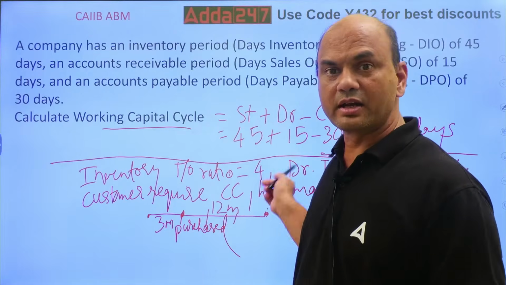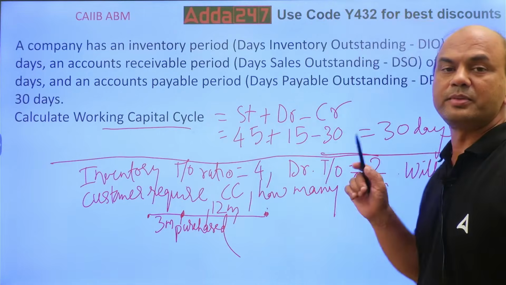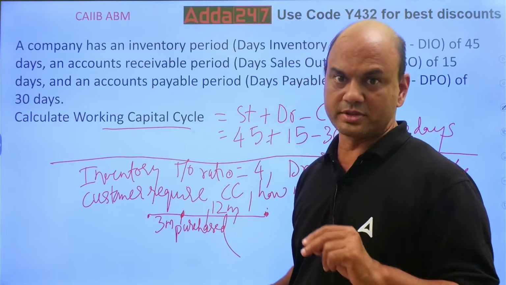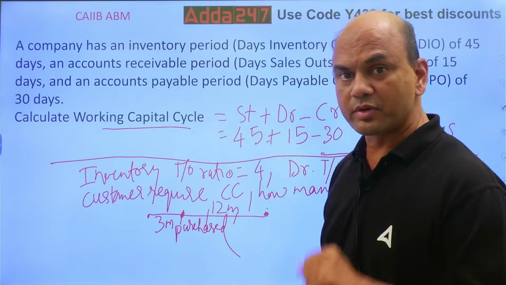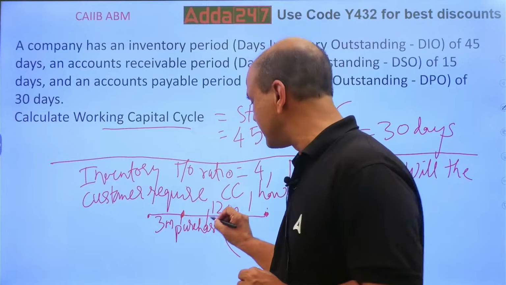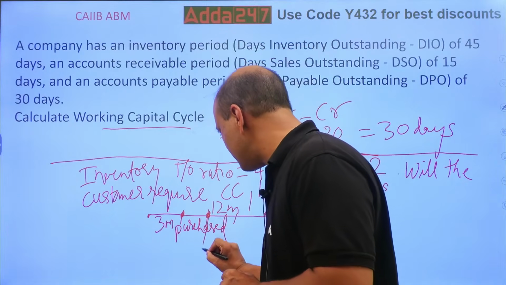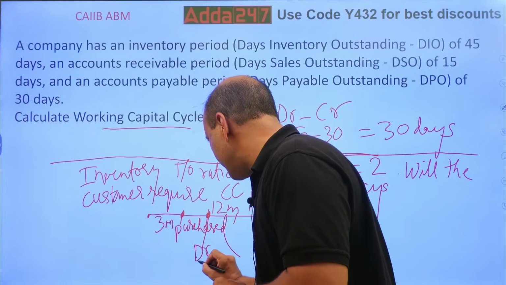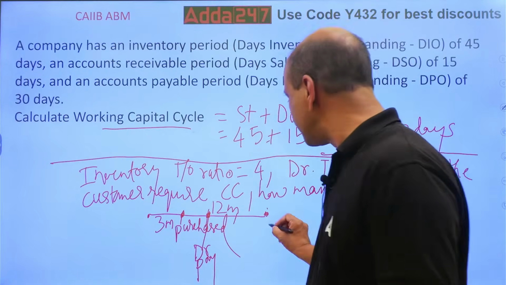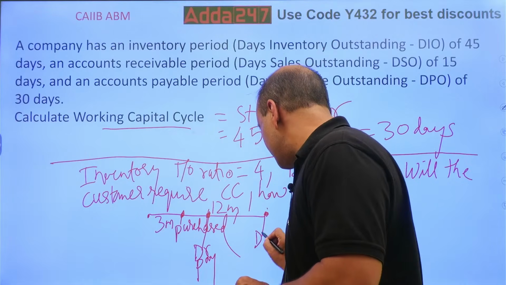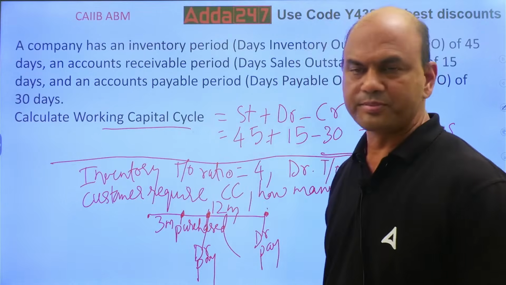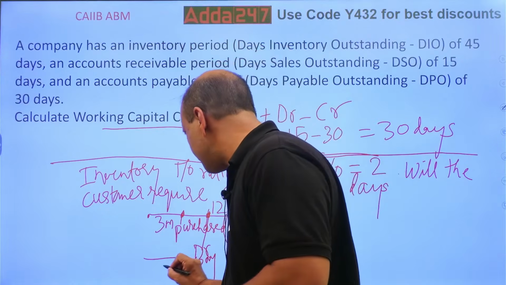Now, what is debtor turnover? 2. So, what does it mean? In 1 year, my debtors are getting rolled over 2 times. It means what? If this is 12 months, they will pay me after 6 months over here. Debtors pay after 6 months, and second, again 6 months over here. Debtors will pay. Right? So what does this mean now? Here I am getting the payment after 6 months,